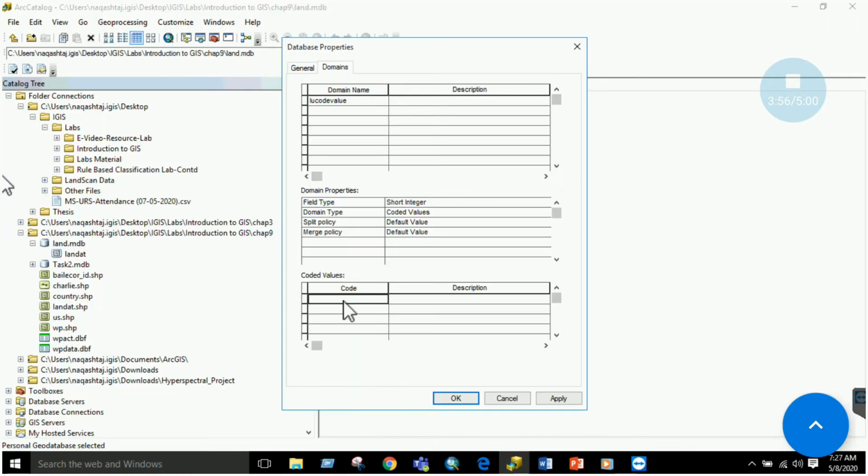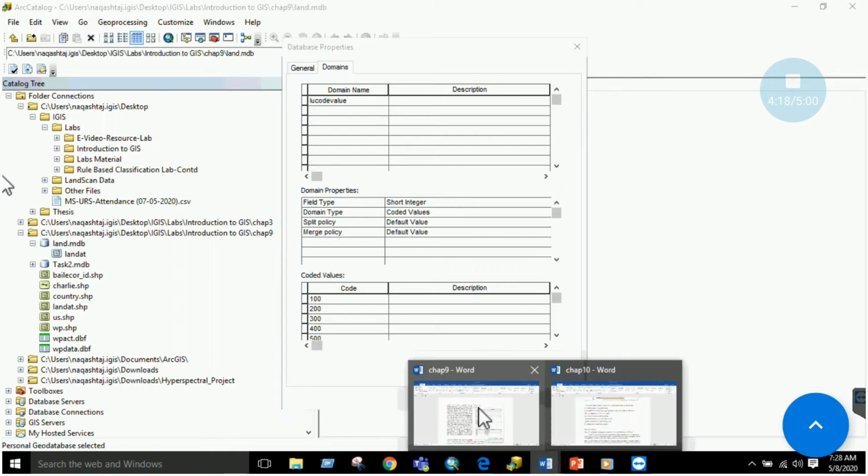So you have to write over here 100, 200, 300, 400, 500, 600 and 700. So you have to write your codes over here.